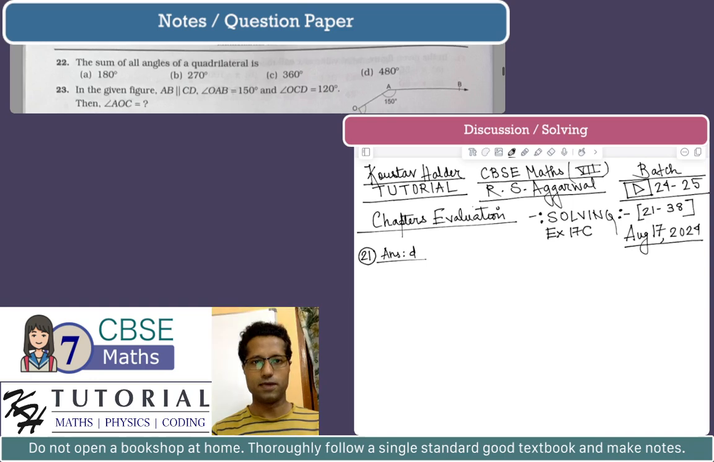Problem number 22 says the sum of all angles of a quadrilateral is, we all know that,